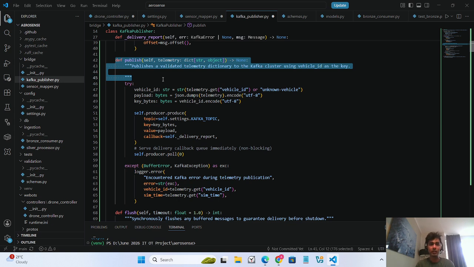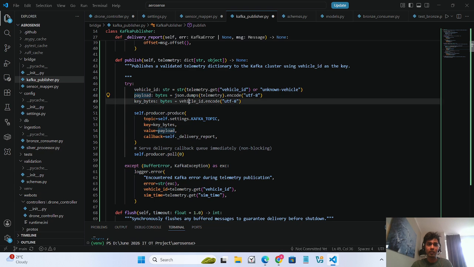The simulation shouldn't fail. All these parts are isolated. So in the try loop, I've set the payload. This is what the dump of the data looks like, and this is the identifier, which will be encoded in UTF-8 as well. We'll be defining the topic, the key bytes, the payload, that's the whole stream, and the delivery